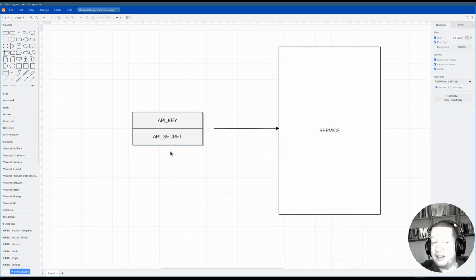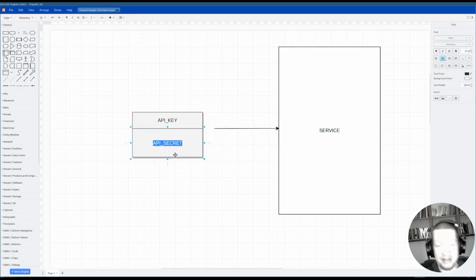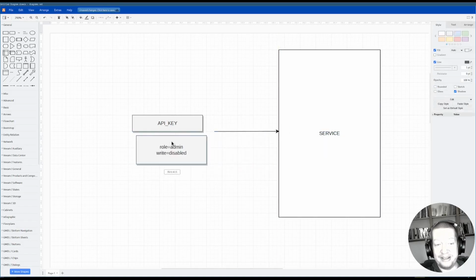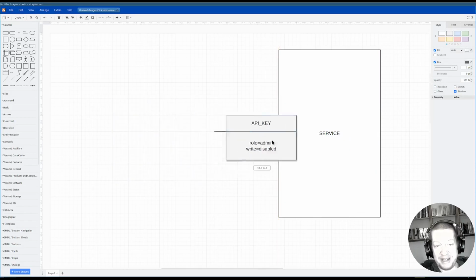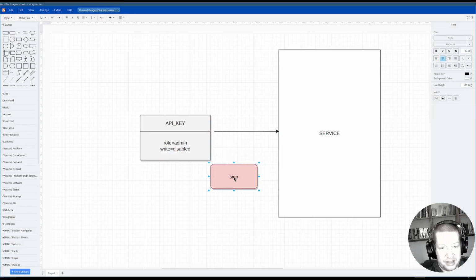But that's not the only pattern which exists, because it's also possible that this generated thing, which is given by the service, contains some additional information like role equals admin or write is disabled and so on. But in that case, it's not a random thing, so somehow it should be proved when the request is coming in that this is true. So the common solution for this one is using a signature. So let's say this is the signature,